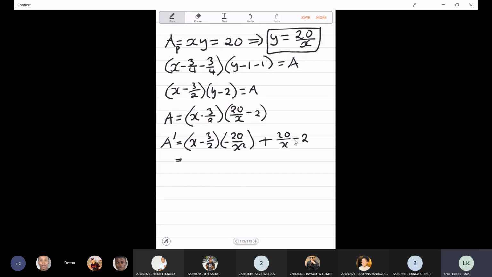So this is minus 20 over x minus 30 plus 30 over x squared plus 20 over x minus 2. Then you can see that these two cancel out. So this is just 30 over x squared minus 2. Okay, so that is my derivative, and we say that for maximum area,